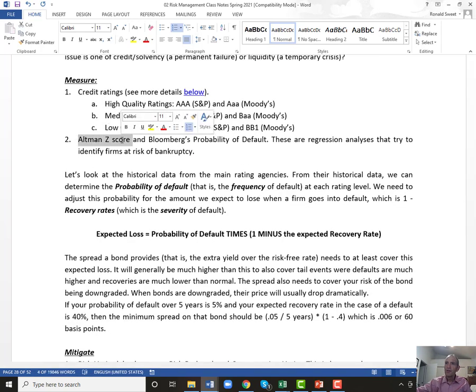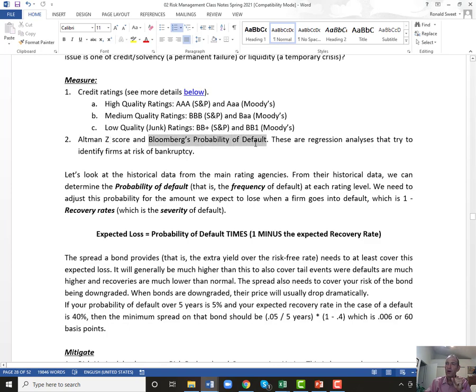There are other measures. The Altman Z-score tells you if a firm is at risk of default. So if you get an Altman Z-score, and you can look this up on Wikipedia, if it's like 0.1, 0.5 or 1 or a low score, yeah, there's a good chance they're going to default. Once the Altman Z-score gets above 2 or 3 or so, it doesn't really tell you anything. So an Altman Z-score of 10 doesn't really tell you that that's any less likely to default than an Altman Z-score of 8. Altman Z-scores above a certain level have no correlation to credit ratings. So that's why I don't really like Altman Z.